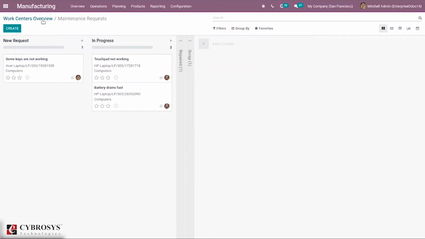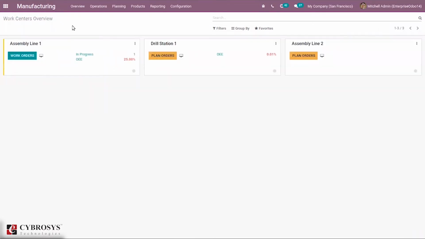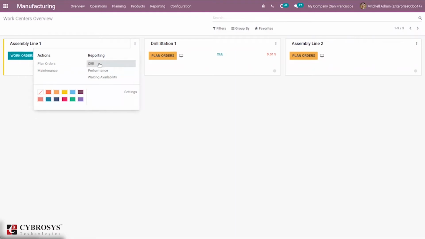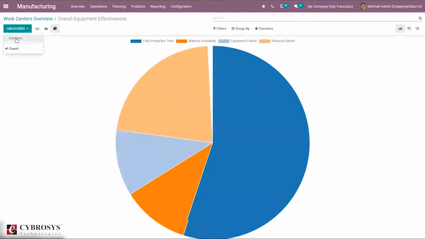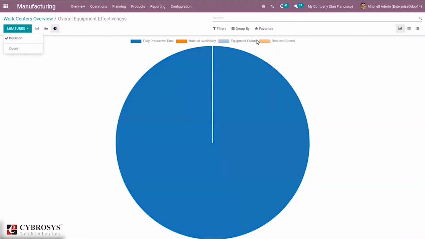So you can create a new maintenance request. Then under reporting, we have the overall equipment effectiveness reporting. We also have the option to change the measure, like you can select count and duration. And if there is any equipment failure, reduced speed, or material availability issue, that also can be viewed here.